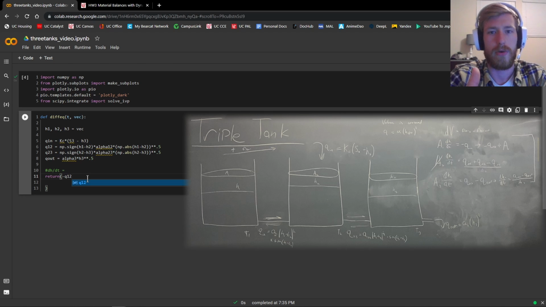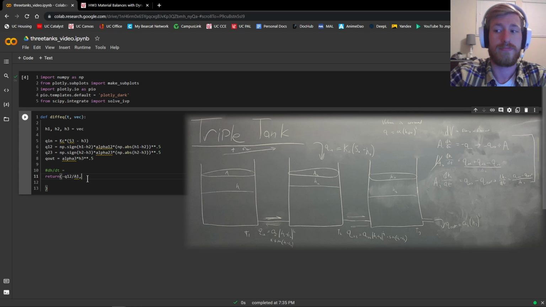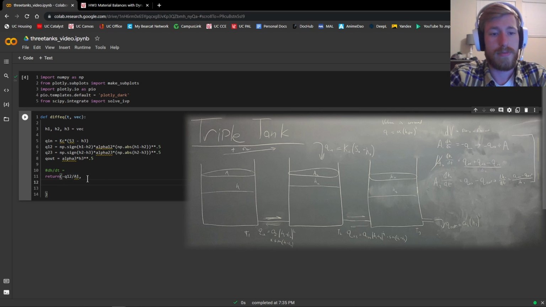A positive flow would indicate a flow out of tank 1, which would decrease the volume, and that's just going to be divided by A1, which is going to be the cross-sectional area of tank 1. Now similarly, tank 2 is going to be, we have to wrap this in a smaller layer of parentheses because there's an addition and subtraction, is going to be